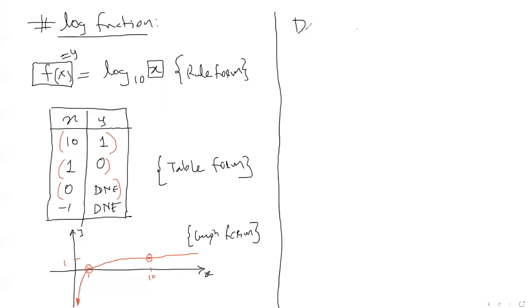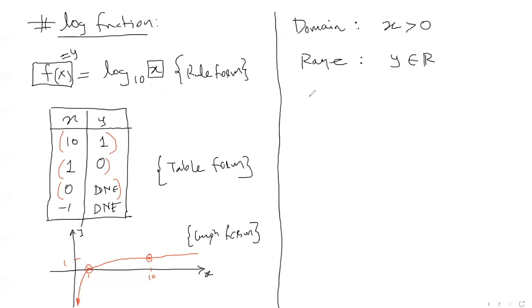The first parameter that I want to talk about is the domain, meaning all possible x values, what x can be. Do you see x values can be anything more than 0? So x is greater than 0. It cannot be equal to 0. It's greater than 0. Now, let's talk about range. Range are all the y values. You see, y can be negative infinity, y can be positive infinity. So y can be all real numbers here.